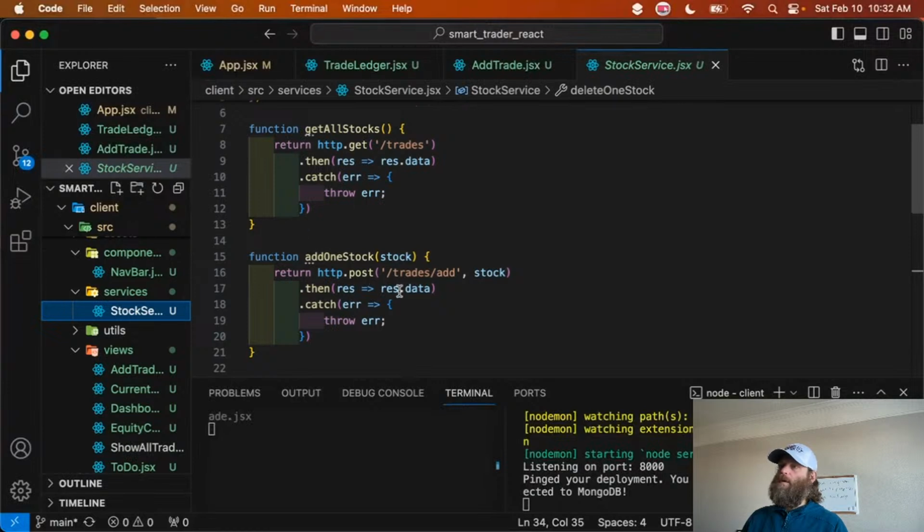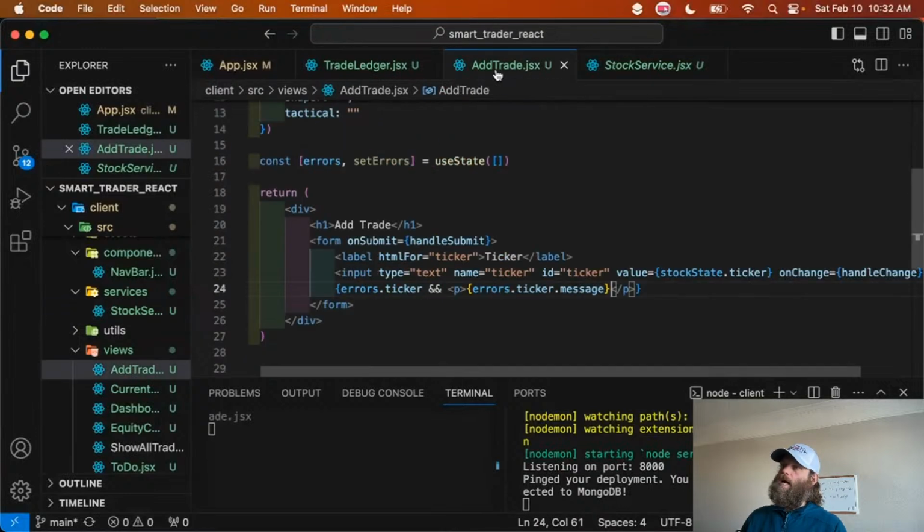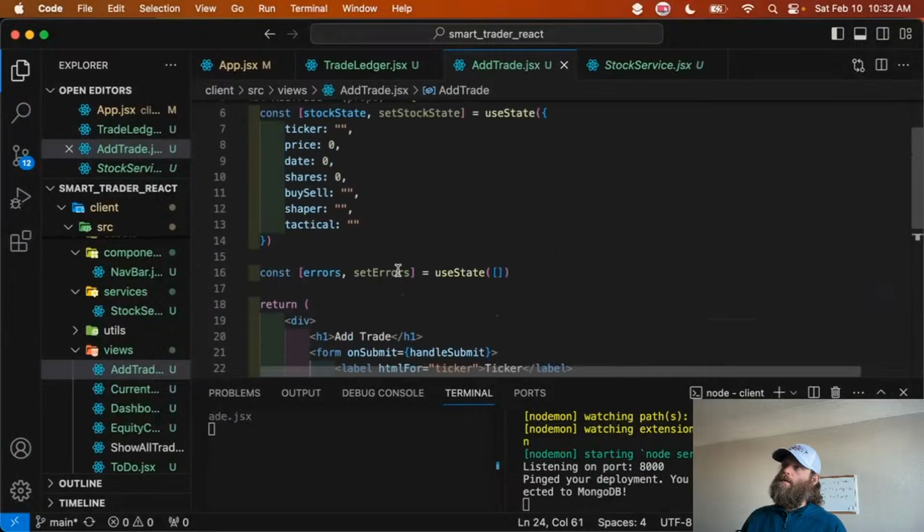When we do the add one stock, this is the response we'll get. Otherwise, we'll get the error, and this throw error gives us access to it in here. So nothing's going to show up now because we haven't made any kind of request. But should we make the request and get an error down here, it will come back and get set here,